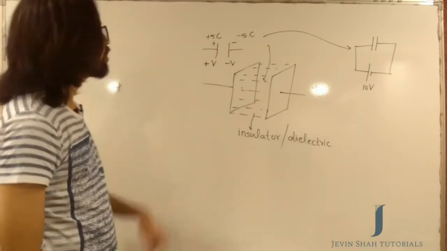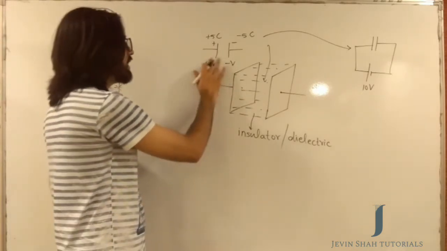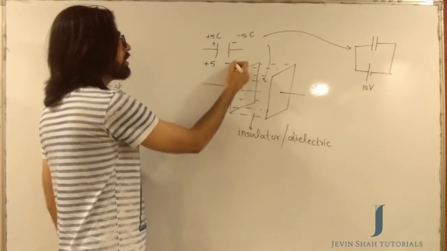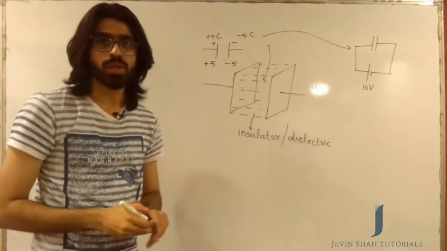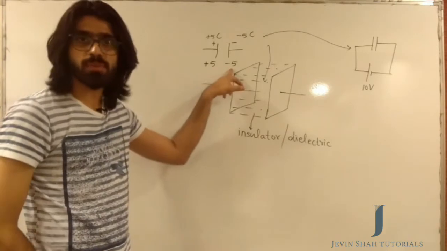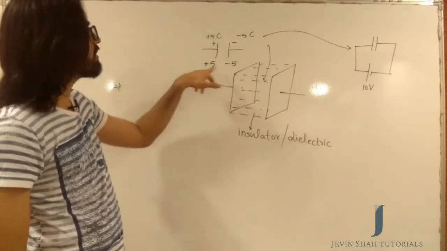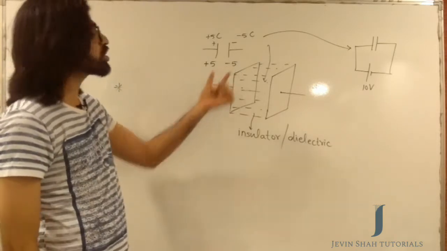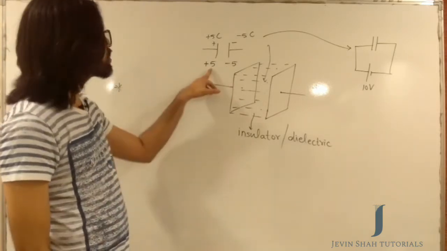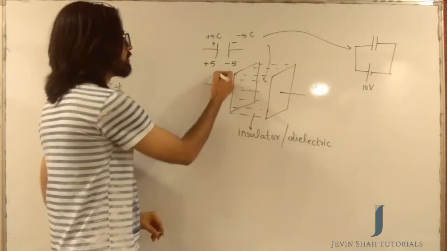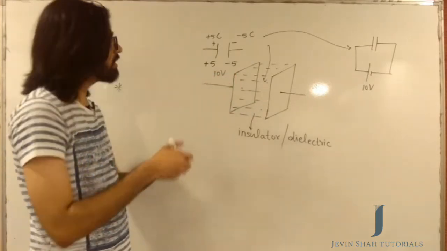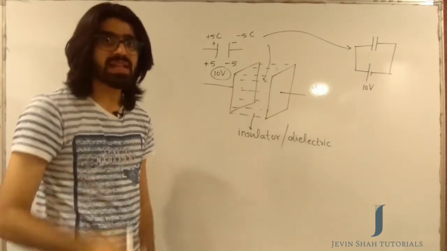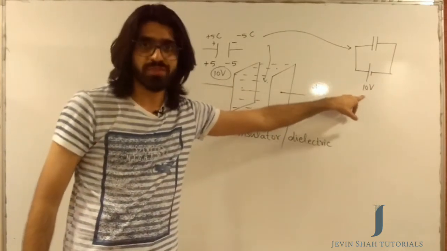Say for example, the potential I am developing on the left hand side plate is 5 volt, and the potential I am developing on the other plate is minus 5 volt. If this is plus 5, this is bound to be minus 5. If this is plus 7, this would be minus 7. What is the difference of potential between the two plates? The potential difference between them is 10 volt. The final potential difference that you get between the plates of the capacitor is exactly the potential difference of the battery that you have connected.